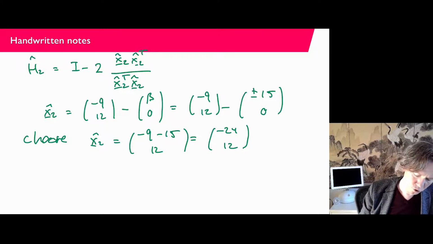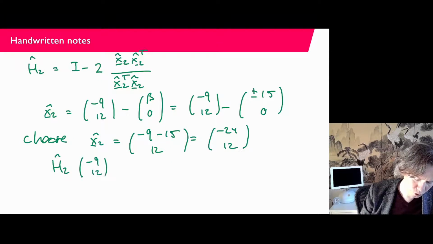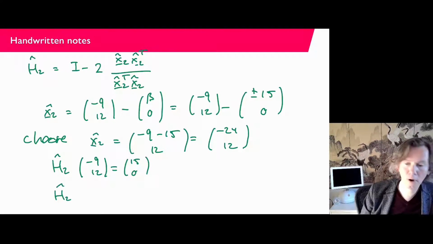Now, by construction, H2 hat applied to minus 9, 12 is plus 15, 0. H2 hat and then applied to,